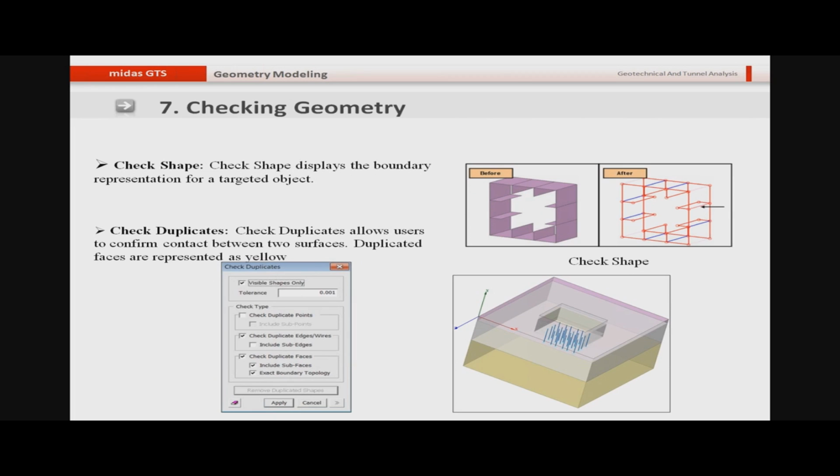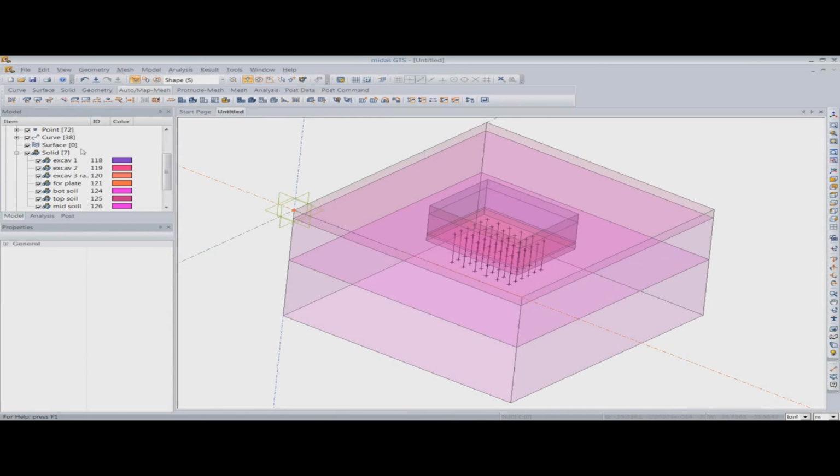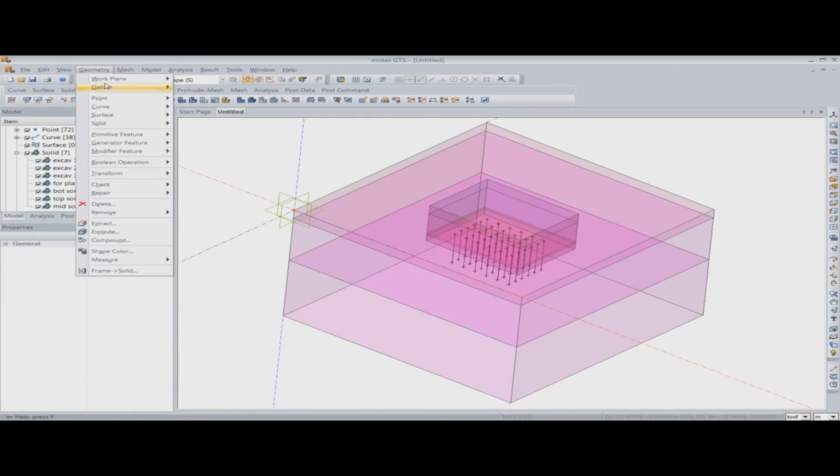And once you are done with the modeling, you might require to check the modeling. In Midas GTS you can check the duplicates. If the models are duplicated at certain locations, the program will show you that this part of the model is duplicated. So let me check the duplicacy in my model.